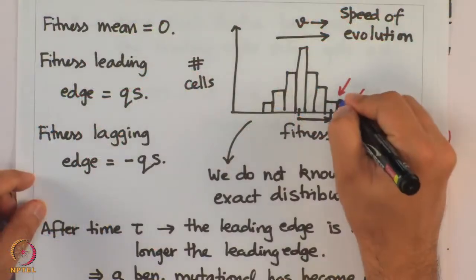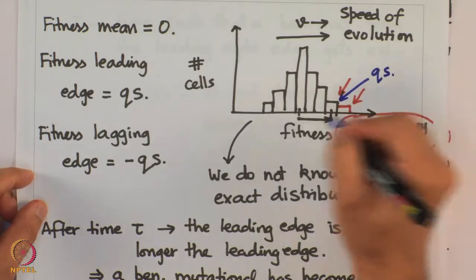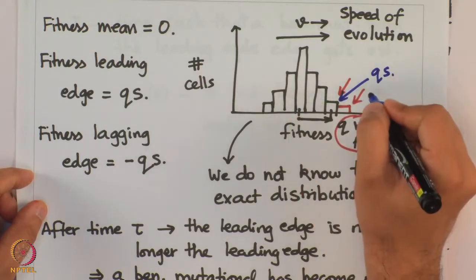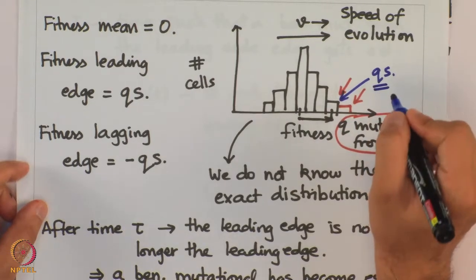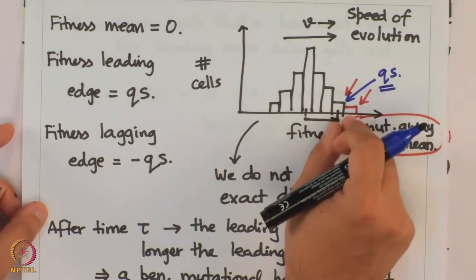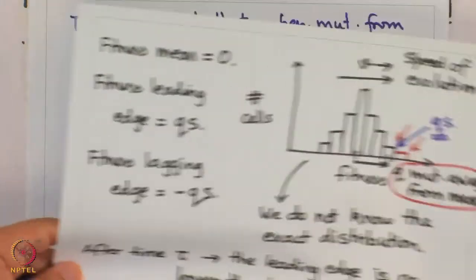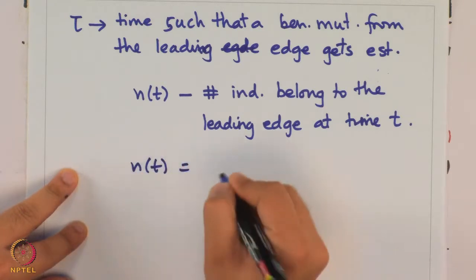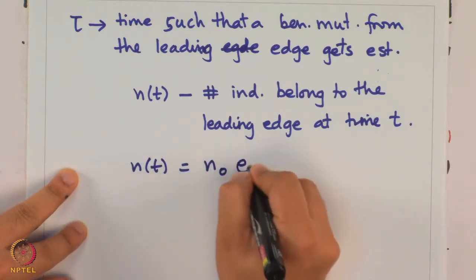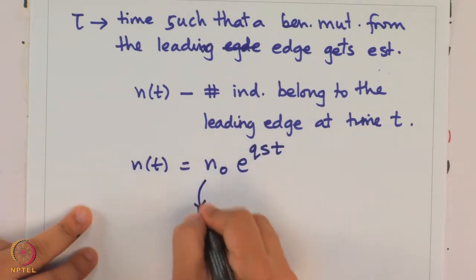And since our leading edge is Qs units fitter than the wild type, that means Qs units fitter than the mean, that means relative to the mean this is going to grow at a rate e to the power Qs, because that's a relative advantage that this particular genotype has over the genotype corresponding to the mean fitness in the environment. So, that means NT varies as N naught e to the power Qst,